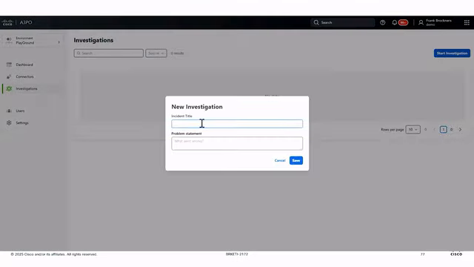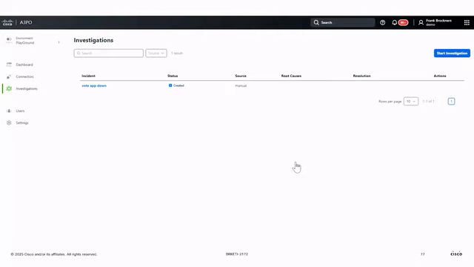And what I need to do there is give it a title, but what is very important is that I give it an accurate problem statement, where I say my vote application running on port 31000 is no longer responding. This is what gives it the information to form a hypothesis and then branch out.